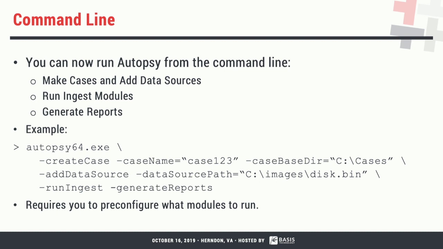The basic idea in the current version, which was released this past weekend, is that you pre-configure what ingest modules and report modules you want to run. So you basically log in before and say, I care about recent activity, web activity, EXIF, hashing, keyword searching, whatever. You pre-configure that. In future versions, we'll have much more configurability, with what we call configuration names, so you can have different settings or names for ingest properties. But right now, it's pre-configured.